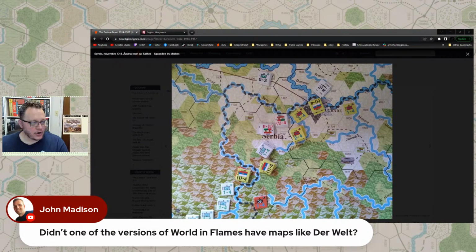John, no. However, what you're thinking of... John asks, didn't one of the versions of World in Flames have maps like this? And the answer is no. They never had this sort of hex side terrain. However,